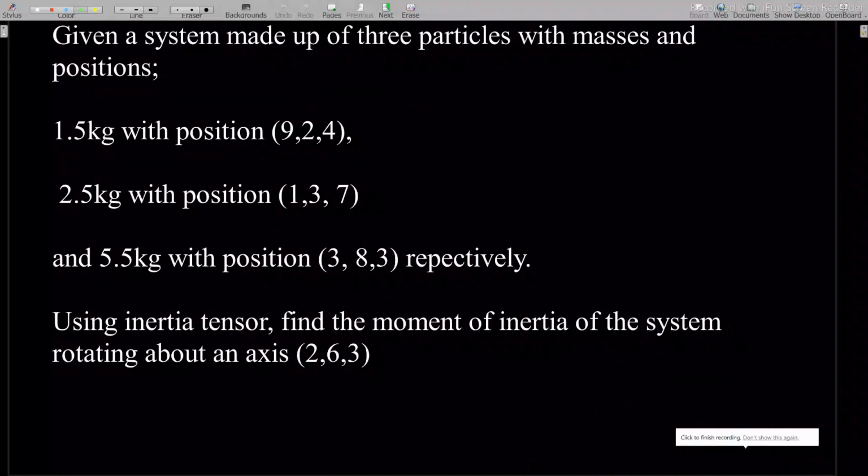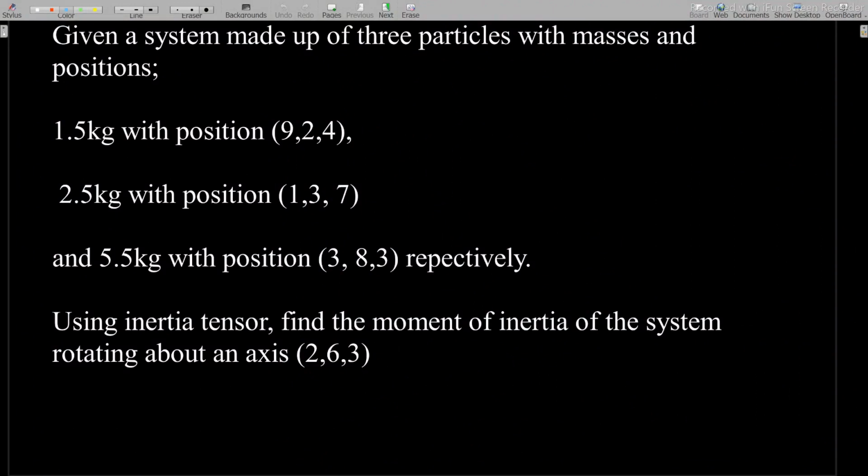Hello, welcome to this lesson on how to use the inertia tensor to find the inertia or moment of inertia of a system of particles rotating about an axis. The inertia tensor is actually used to calculate the moment of inertia when your system is